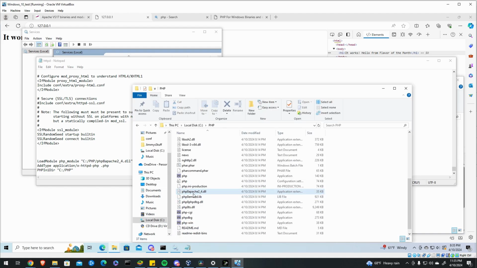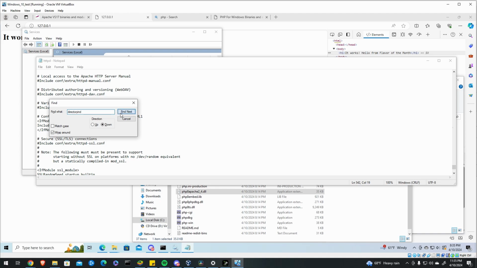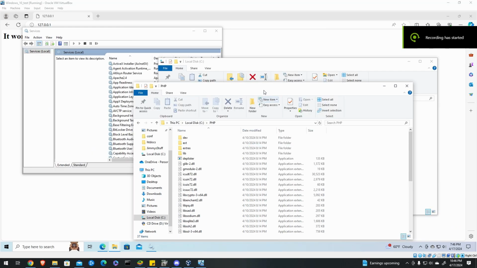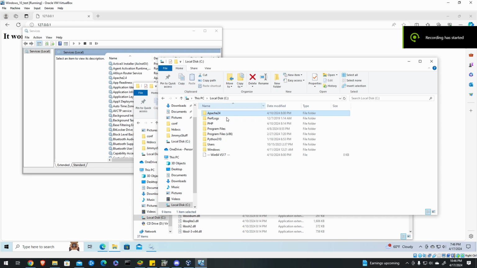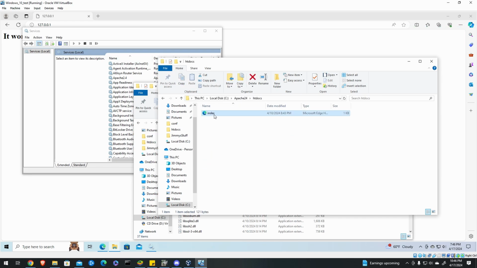So if you're following along, everything should be identical. And make sure you change that directory index to .php, and it looks exactly like this. Next, we're going to check and see if PHP is working. So we're going to go to our Apache folder, go to htdocs, and then we're going to edit this index